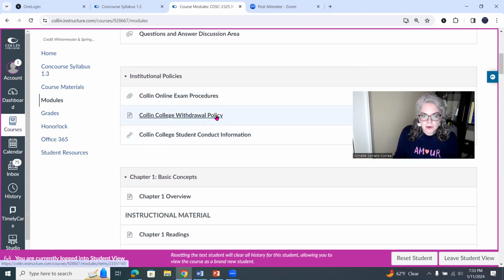Withdrawal policy: you have to withdraw from the class. I cannot withdraw for you if you want to withdraw. And then student code of conduct information is also important because